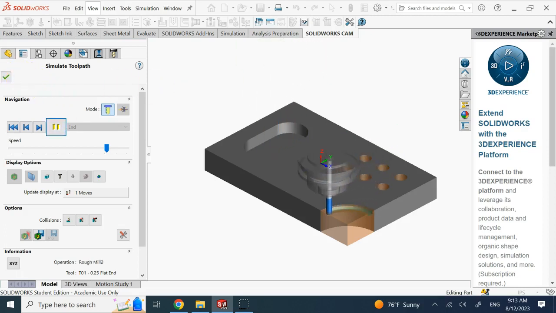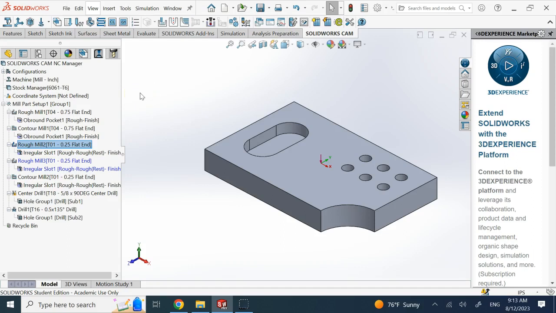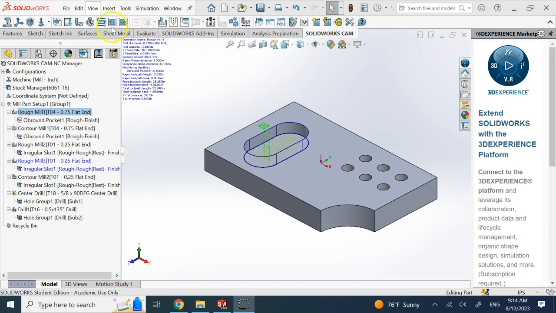And so my recommendation is really to not change some of the basic operations and the toolpath unless you really know what you're doing. So here I put it back,